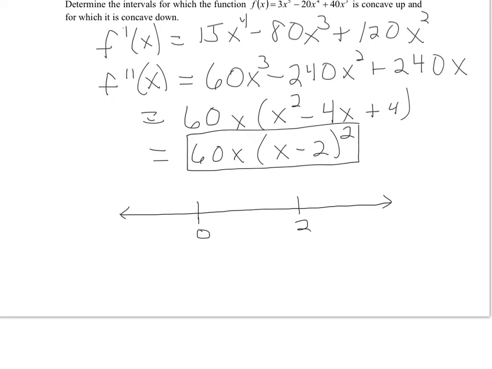And I think it's pretty easy to see that if x is to the right of 2, okay, that number line is essentially an x-axis, if x is to the right of 2, then f double prime of x is positive. Now if x is between 0 and 2,